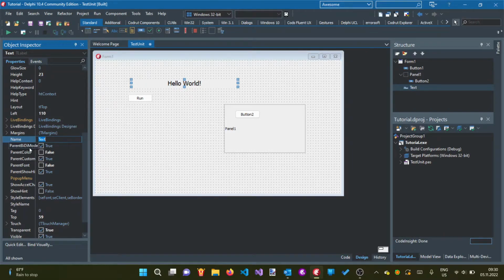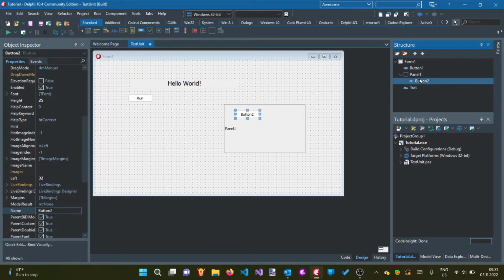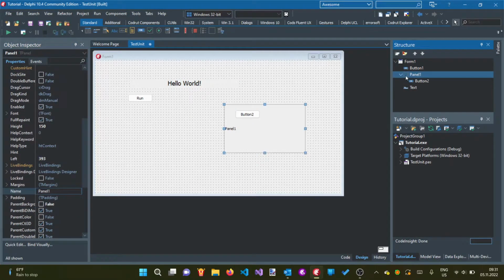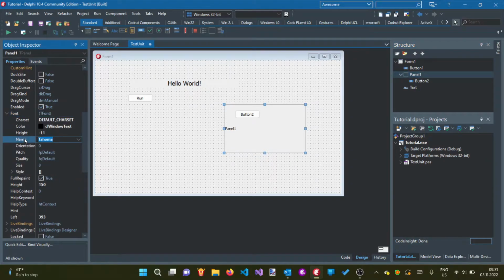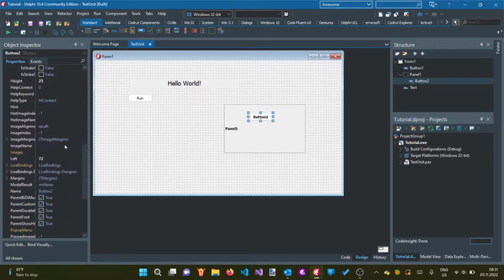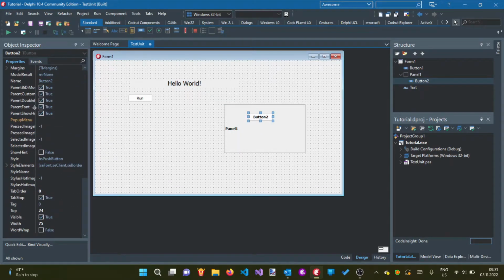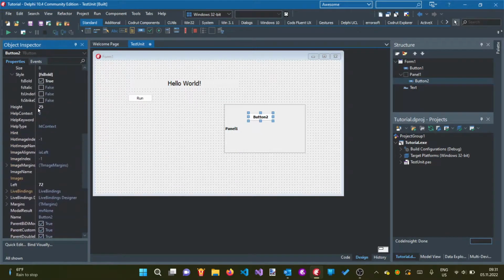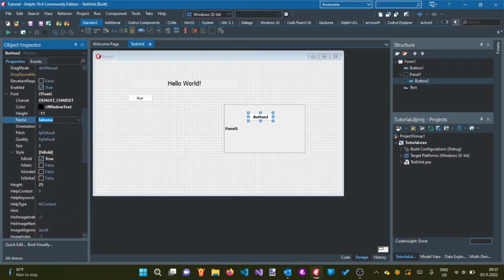Next up, parent properties. This is basically what this component inherits from its parent. So for example, here we can see this button has its parent to be the panel. So for example, if I say font, let's make the font bold, all components in the panel will have that. But if I disable the parent font, and let's say I want the Segoe UI,